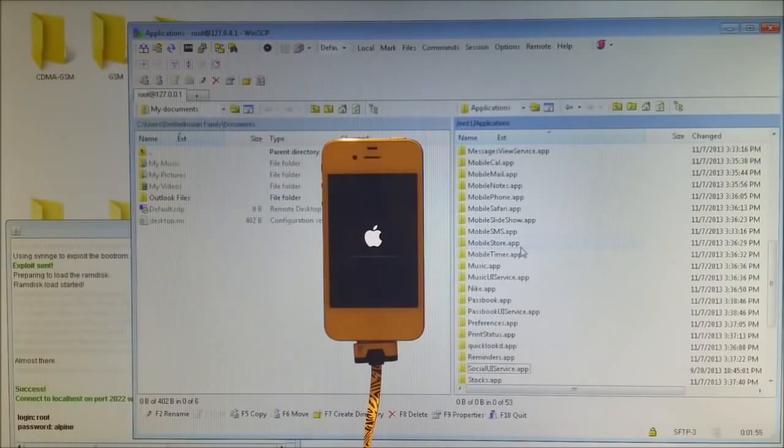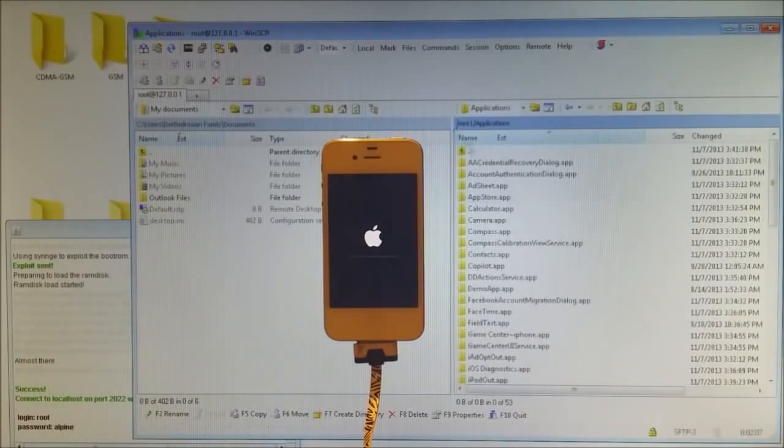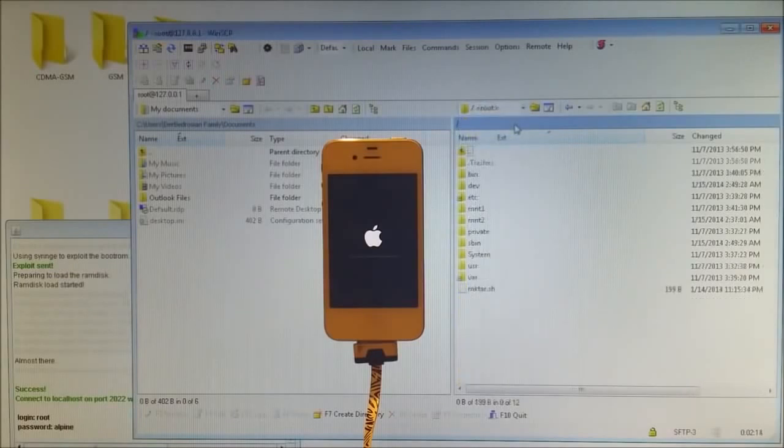Now, the next thing you're going to need to do is put some files into the phone in order for your phone to function properly, such as certificates and things of that sort. So what you're going to need to do is click up here, go to your root folder, and then click on MNT1,